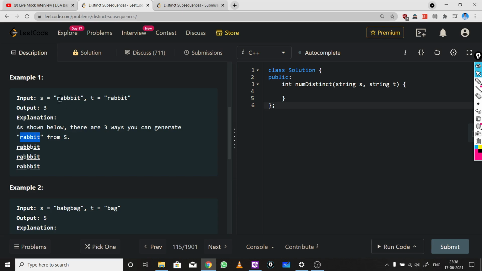Okay, so in the s, if you delete a b from here, then after deleting the character b, s will be changed to t. So we can increment 1. And we can also delete this other b, this index b, so s changes to t, and we got another way to get the t.